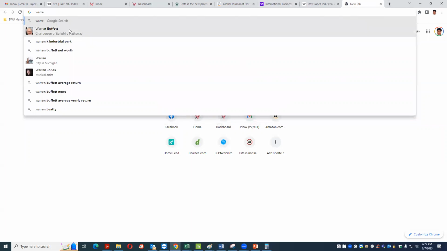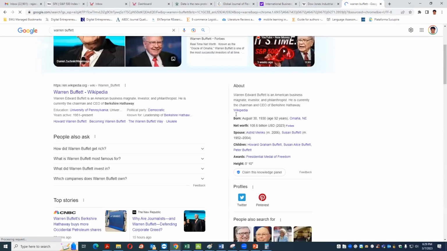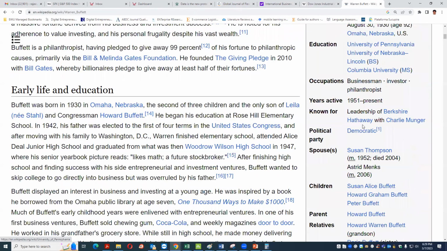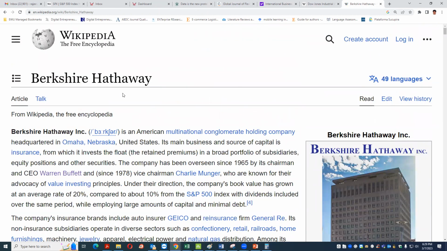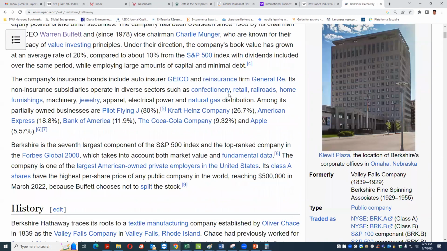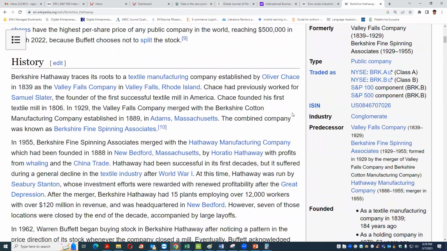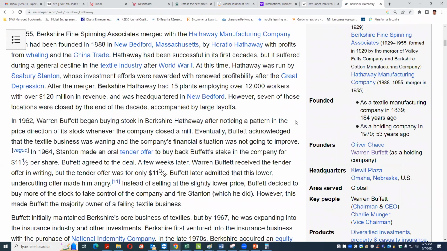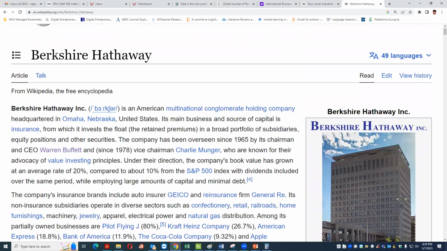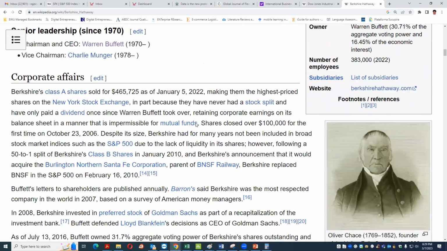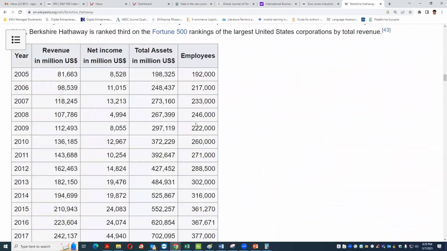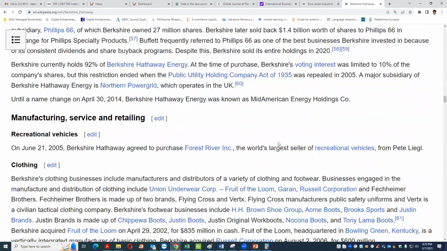I'm just going to tell you one thing about how you can see this. You will be surprised to know that this company is the biggest contributor in the US stock exchange. Why? Owned by Warren Buffett, Berkshire Hathaway. I mean, since you are already working, you can know.